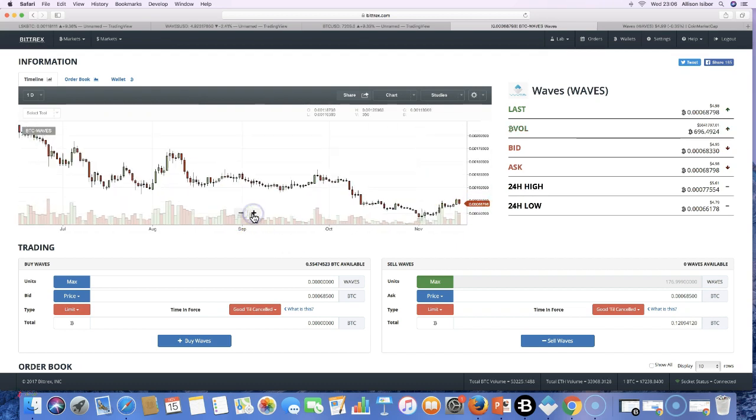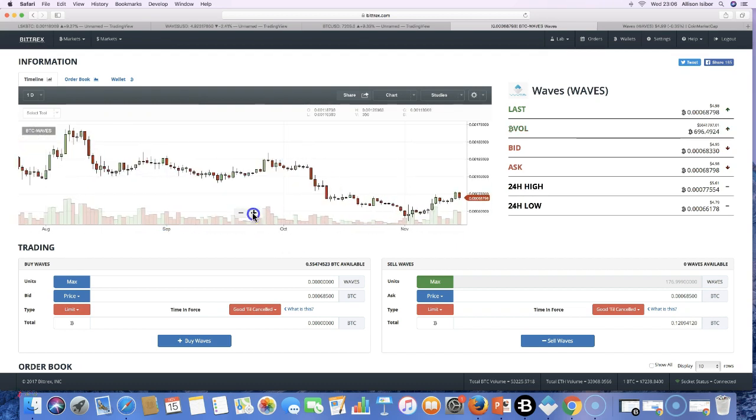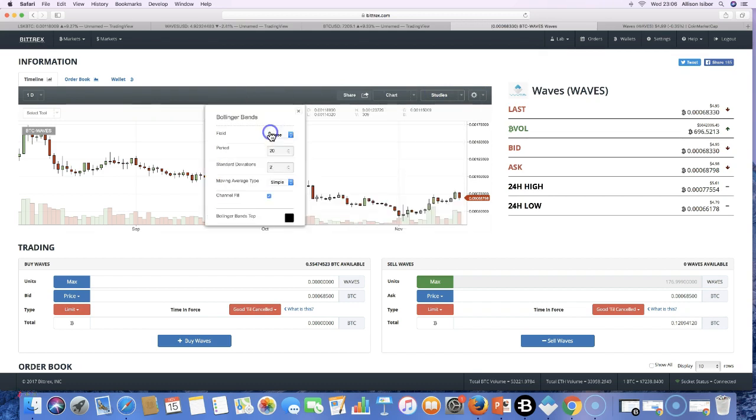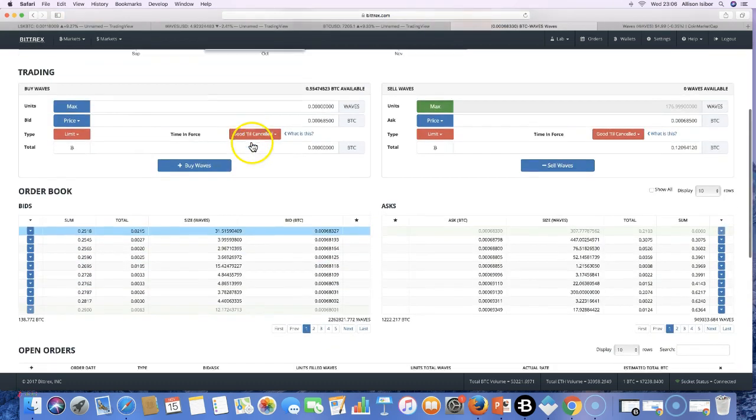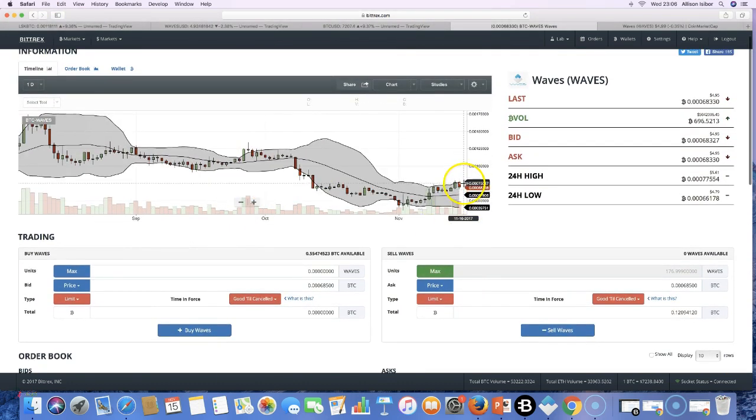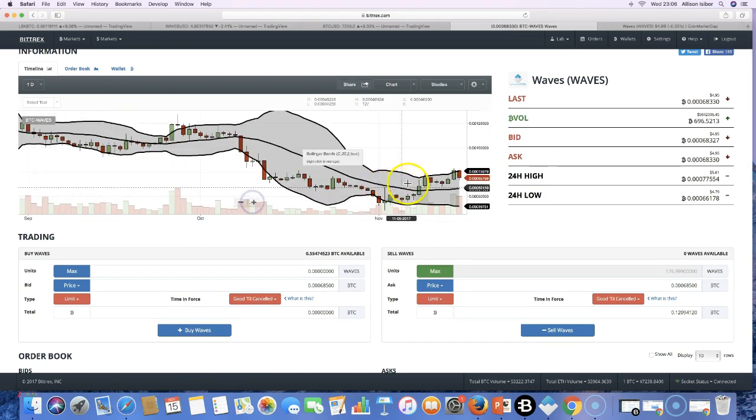Before you sell, you make sure you come and check your indicators. There are some Bollinger Band indicators you can put on here. If you click on studies inside of Bittrex, and then you click on Bollinger Bands, and then just scroll up over there, and then click create on that one. That gives you the bands. You can see here it has breached the top, head and shoulders has breached the top there, and I think the reversal has actually